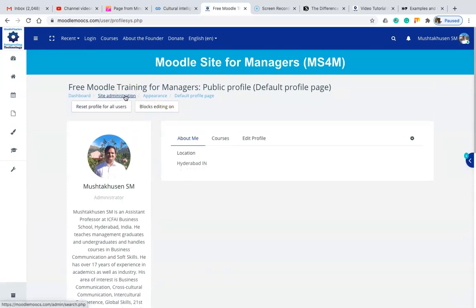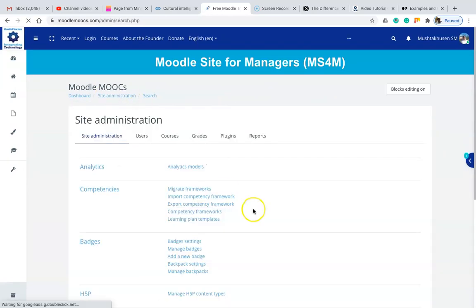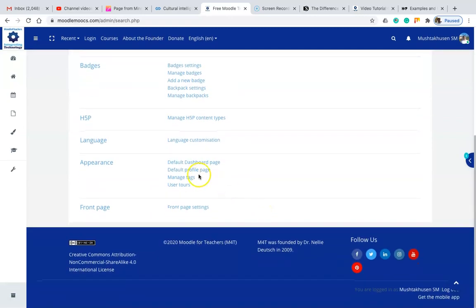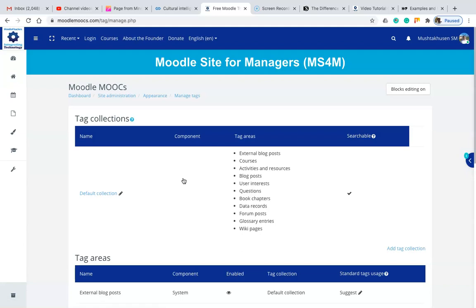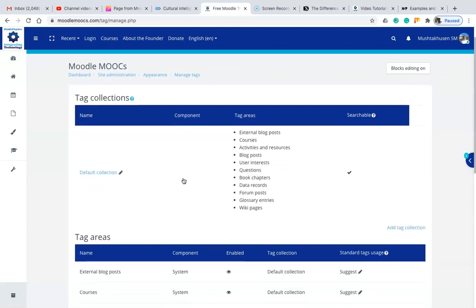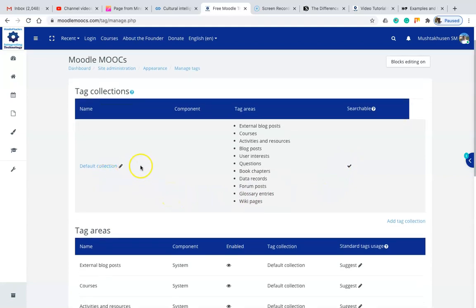Again let's go back to site administration, then manage tags. If you want to manage tags in terms of appearance, you can do that, okay. For example, tag collection: the default collection is external blog post, then courses, activities. Whether they are searchable or not, yes, they are searchable. So maybe if you want to search courses, you can just click on courses and you can search them.